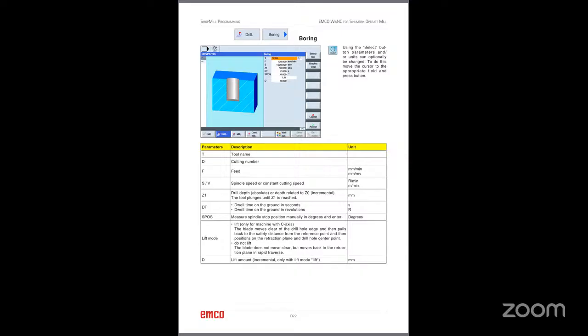So let's see this in the machine. Go to the boring operation, select the tool. Okay, give the feed, give the spindle speed. Then Z1 will be the boring depth, and PT means dwell time, SP1. Then lift mode means